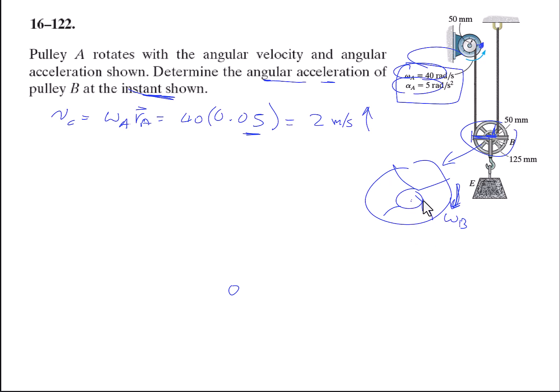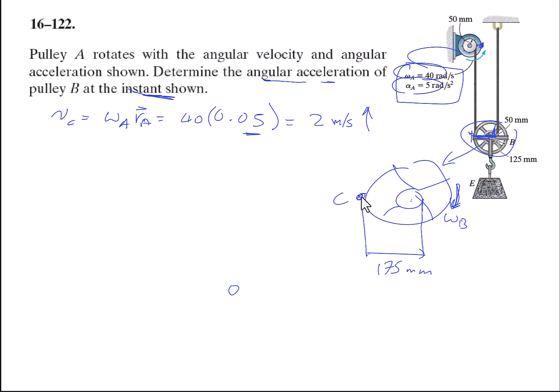So from here to this rope, this is 50, so 75, and this radius is 0.125, plus 50, that's 175. So the instantaneous distance is 175 millimeters,